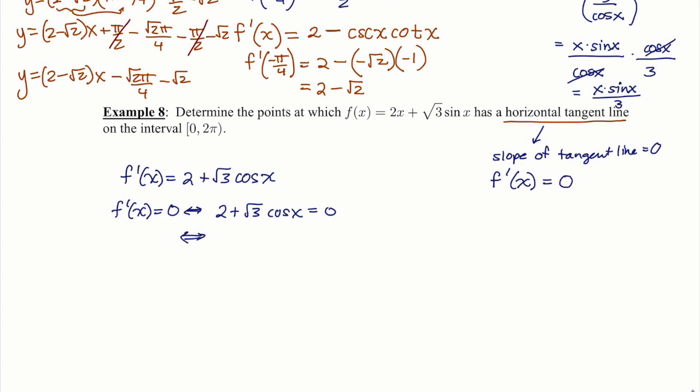And I want to isolate cosine here. We had a very similar problem earlier in this section, didn't we? But let's keep going here. So we have square root of 3 times cosine of x equals negative 2. And that would give us cosine of x equals negative 2 over the square root of 3. And this is telling me that this is not a good problem because that's not a familiar cosine value. I think what we need to do here is change the order of these coefficients. So let's make the square root of 3 the coefficient on the x and the 2 the coefficient on sine. So sorry to have to restart that, but